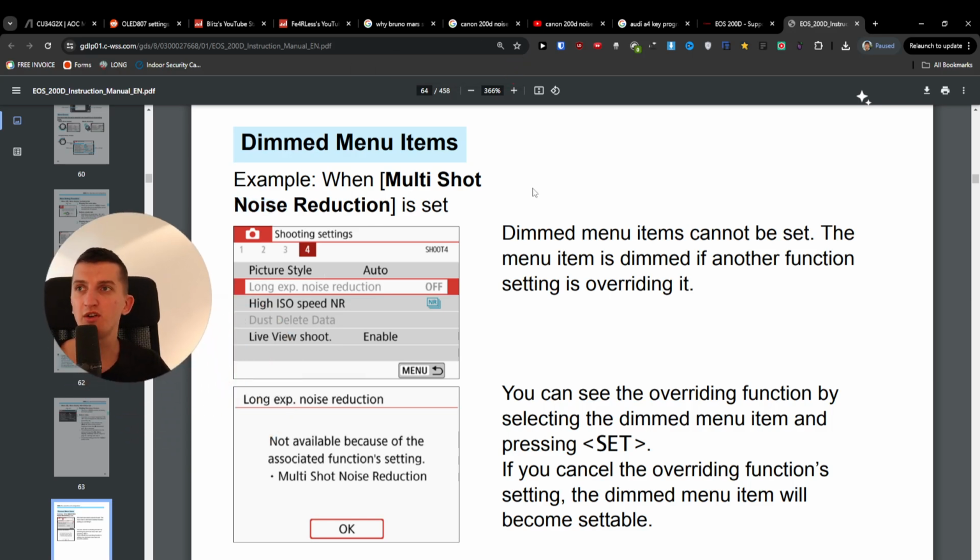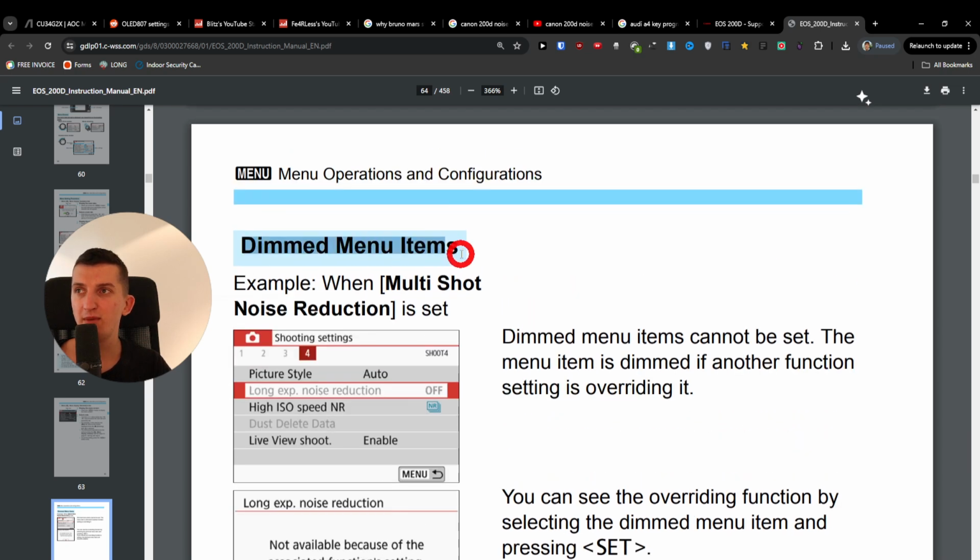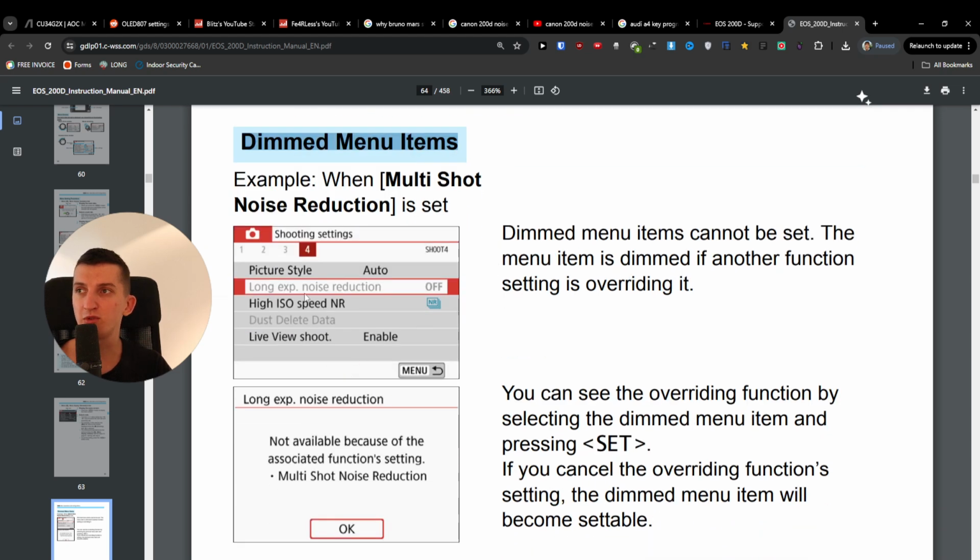So if you want to turn off and turn on the noise reduction, here you have to go to the dimmed menu items. It's going to be like the 3 or 4, and here you're going to have a long exposure noise reduction, and